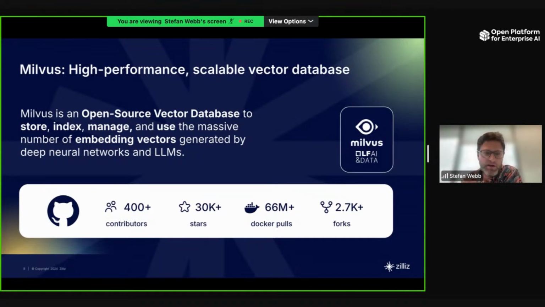Milvus is open source. It comes in a few different deployment options. If you just want to do something on your local machine, there's a version where you can run it in a Jupyter Notebook. If you want to start up a server to serve stuff within your company, there's a version that runs in a Docker image and can be used as a server that you can connect to. But if you want to go to the larger scale, it also runs on clusters of machines, and in that way, you can literally scale up to hundreds of billions of vectors.